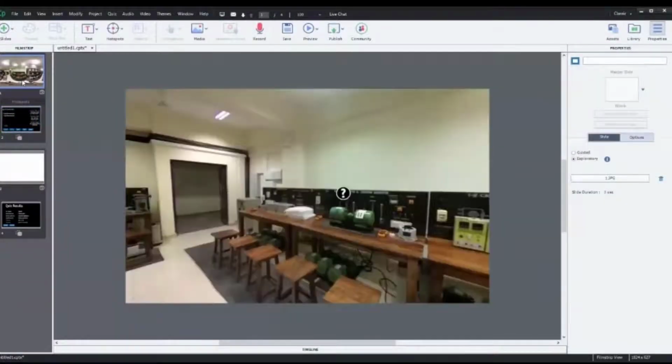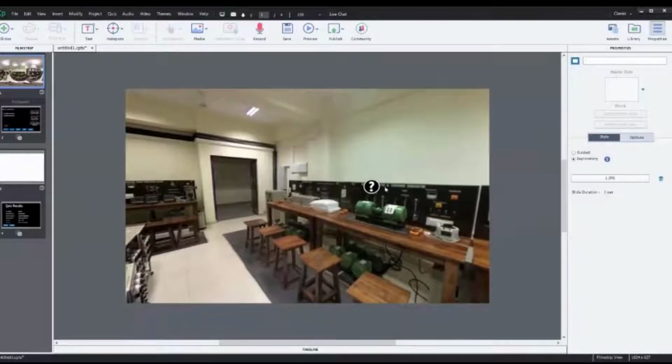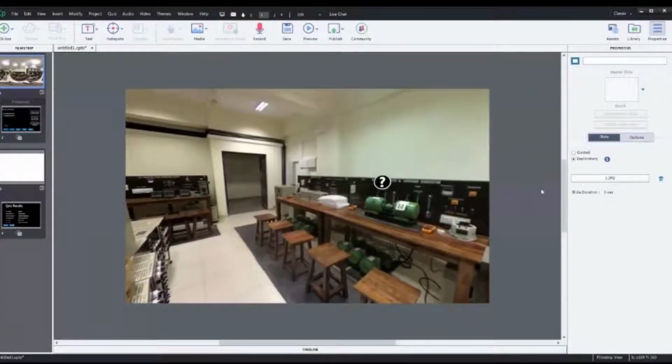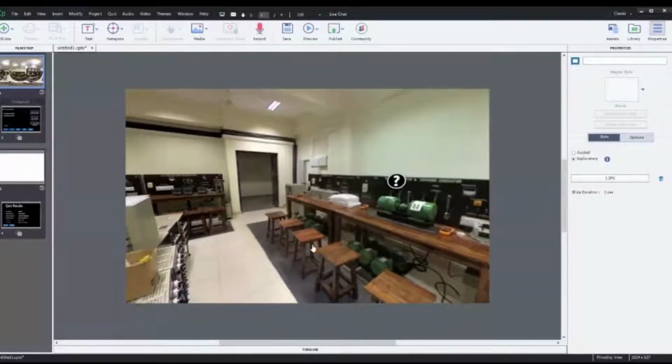So going back to the screen, I have attached one question to this hotspot, which is a quiz question. And you notice right now on the screen, it says it is chosen as an exploratory project, right? Not a guided project. That means the user has to go on clicking on certain elements to go ahead. It will not automatically move to the next scene or next part based on some timing. That option is also there. If you want, you can choose a guided version. So since this is an assignment, we are keeping it exploratory.